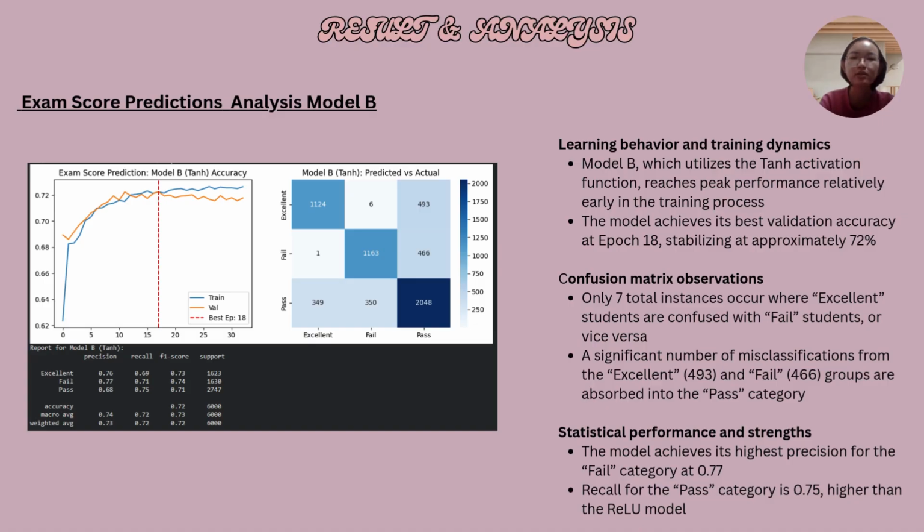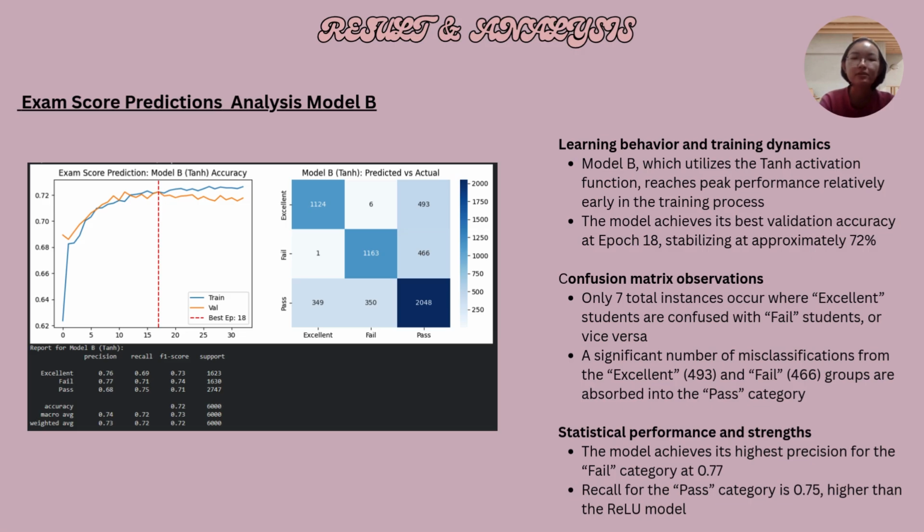Looking at the confusion matrix, Model B demonstrates strong separation between extreme performance levels. There are only 7 cases where excellent and failed students are misclassified as each other, showing effective distinction between top and bottom performance. However, the model shows a noticeable bias towards the pass category. While it correctly identifies 2,048 pass students, it also misclassifies a considerable number of excellent and failed cases, indicating difficulty with borderline students. From the classification report, the overall accuracy remains at